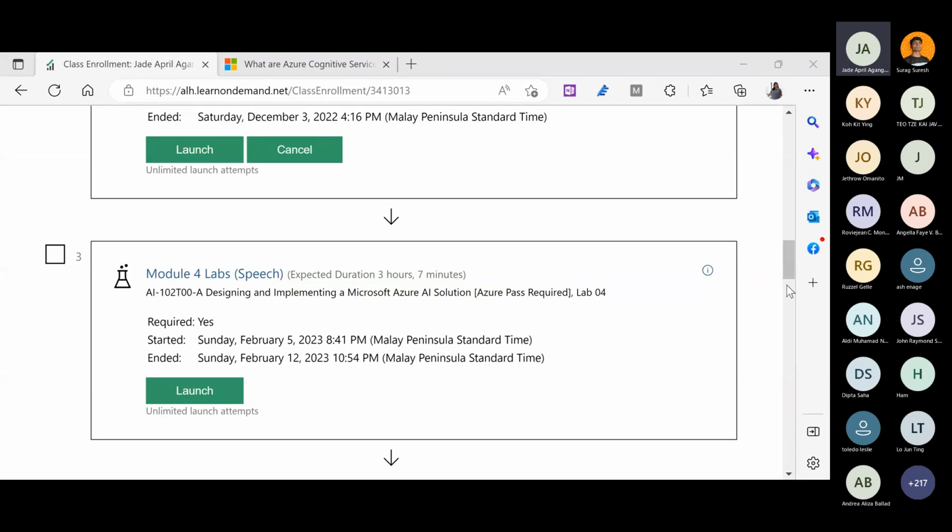So we have logged in. I will check that. And then I'm going to click this Edge over here. I'm going to paste, and then I'm going to click Azure Portal and we'll see if I could log in. Well, my Azure Pass has expired already.